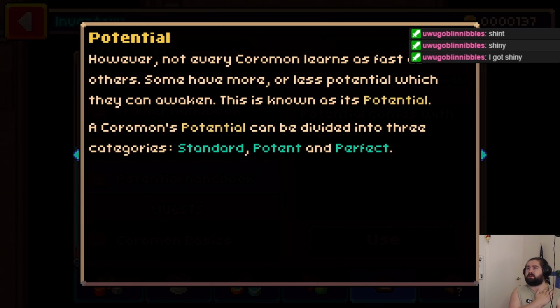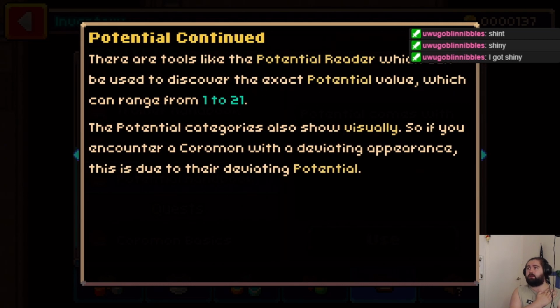However, not every Coromon learns as fast as others. Some have more or less potential, which they can awaken. This is what's known as potential. Coromon's potential can be divided into 3 strategies: standard, potent, and perfect. Tools like the potential reader can be used to discover the exact potential value, which can range from 1